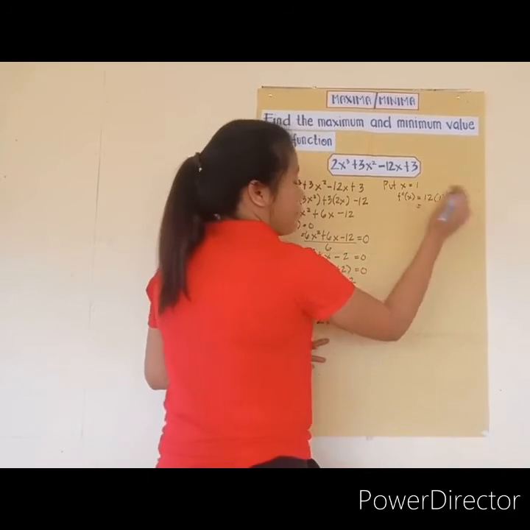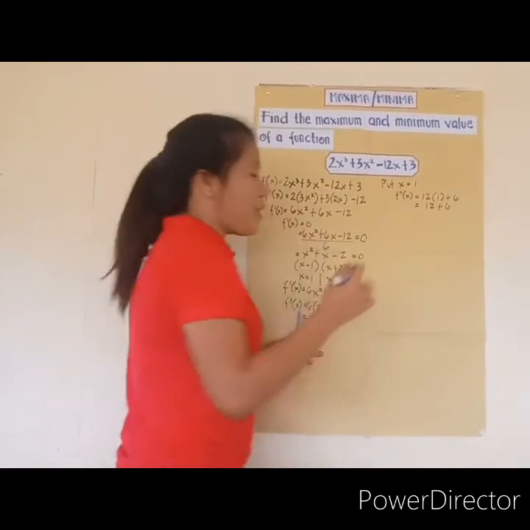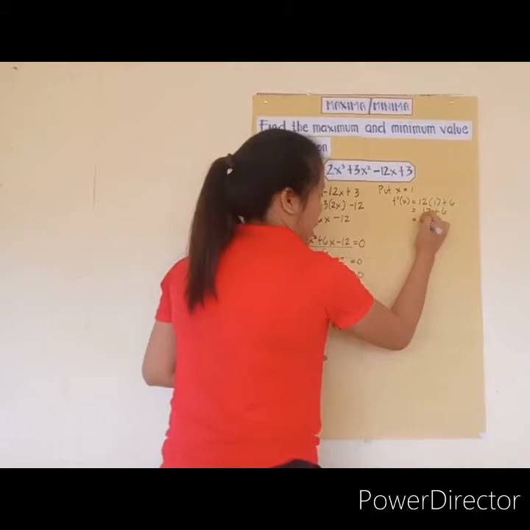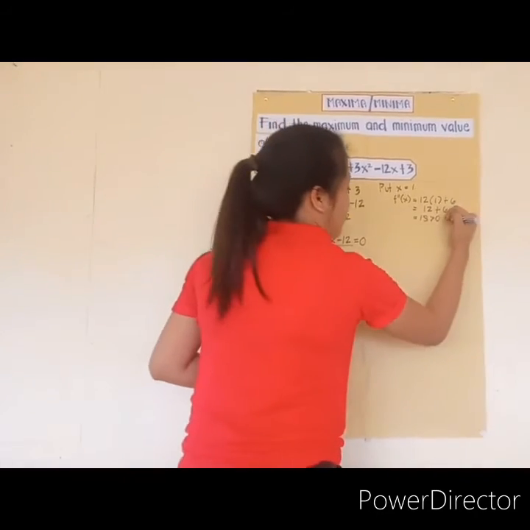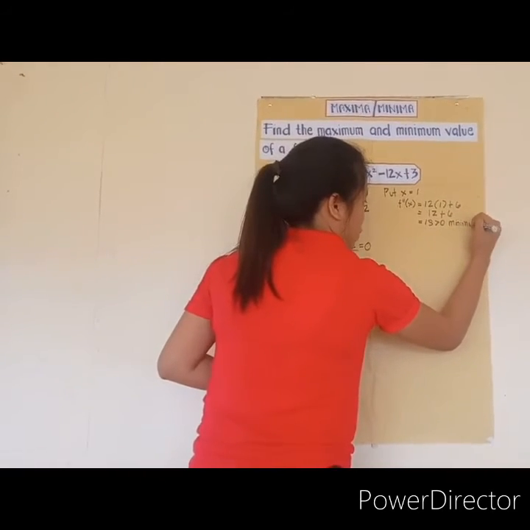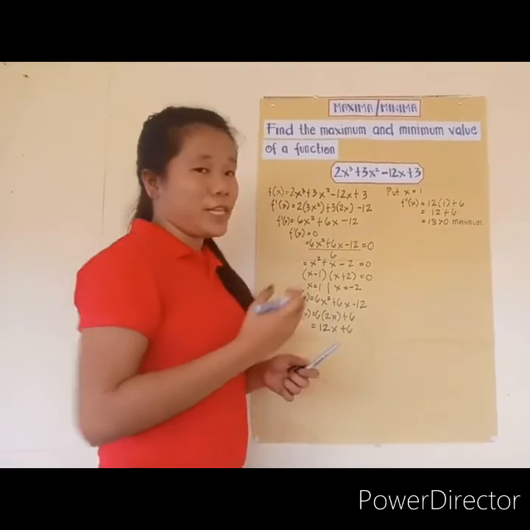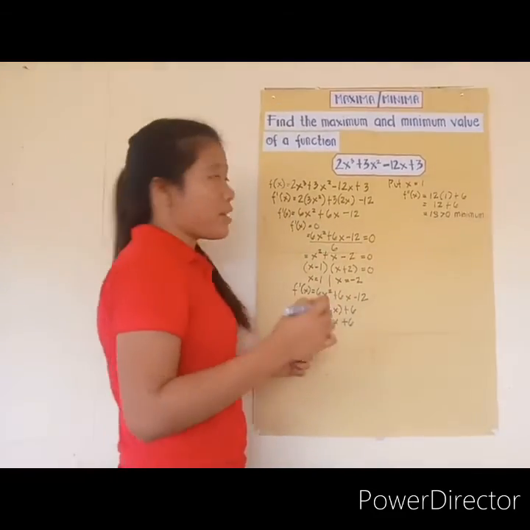Then let's simplify. 12 times 1 is equal to 12 plus 6. So 12 plus 6 is equal to 18. So 18 is greater than 0. So this is our minimum. So to find the minimum value, let's apply x is equal to 1 to the given function,